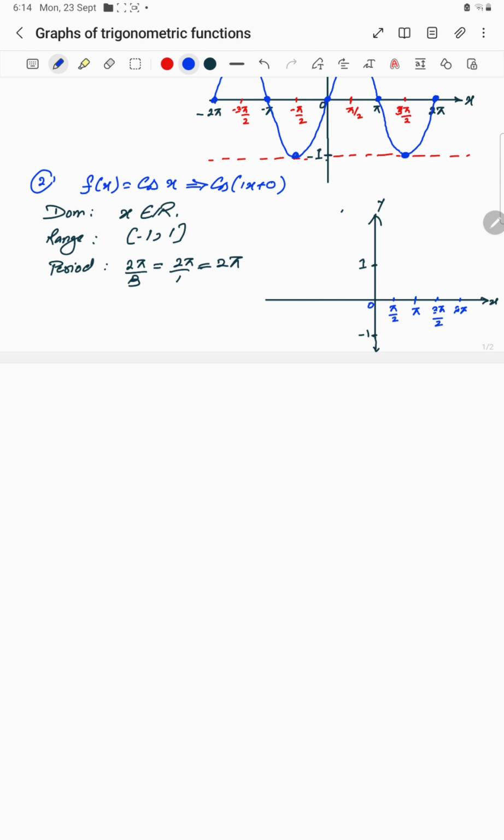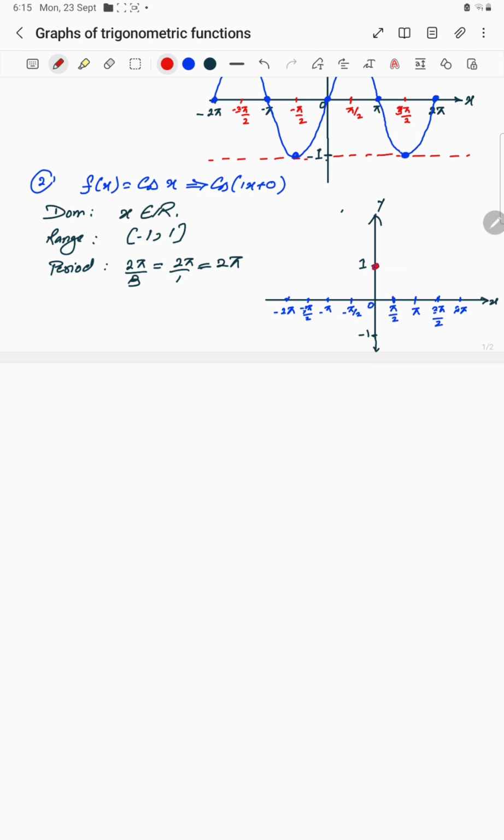Once you plot it without the graph paper, this is plain paper, you need to be very careful about the space. You need equal spacing between 0 and pi by 2, pi, and 3 pi by 2 and 2 pi should be the same equal spacing on either sides. Here minus pi by 2, it comes to be minus pi, here minus 3 pi by 2, and here minus 2 pi. Same case when cos is 0, cos 0 is 1, so you will plot it here,